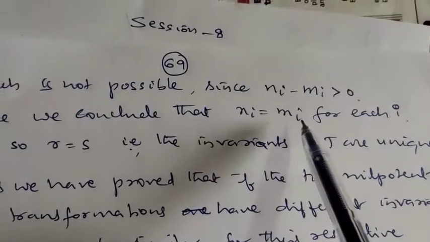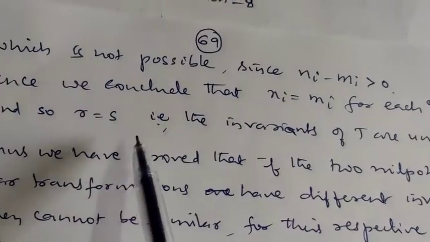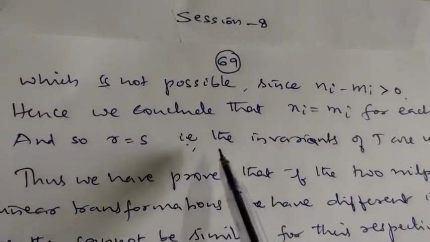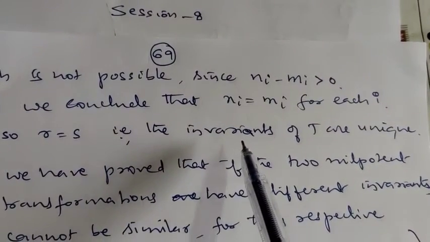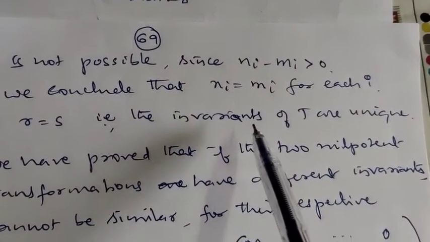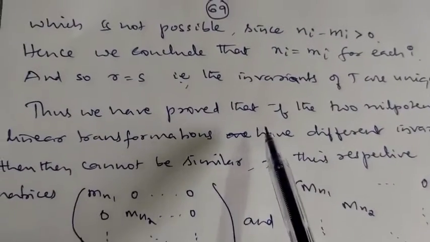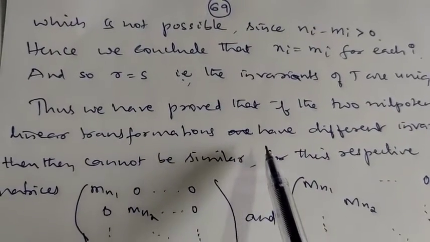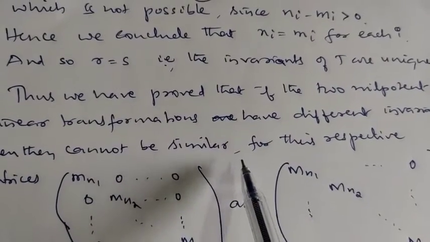If ni is equal to mi for each i, what will happen? Then r must be equal to s. r equal to s means r and s are the invariants, meaning the invariants n1, n2, etc., nr are the same as m1, m2, etc., mr, meaning the invariants are unique. Thus, what we have proved is, if two nilpotent linear transformations have different invariants, then they cannot be similar, because